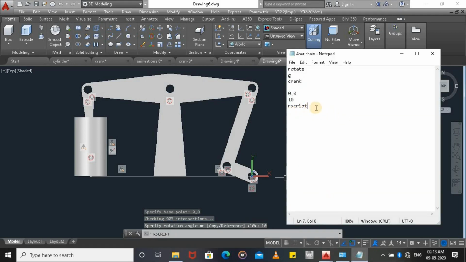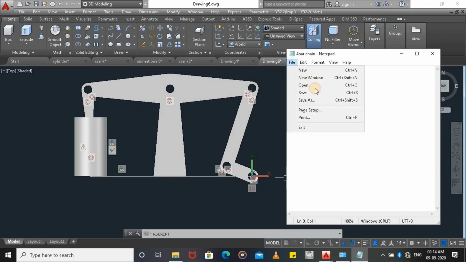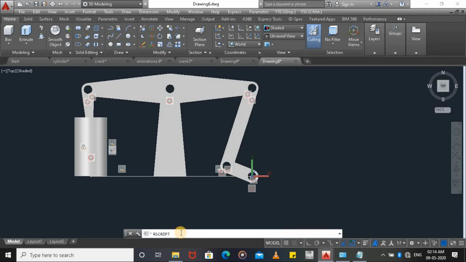Now in this R script we have not pressed any enter. Press enter. So from here we are pressing one enter and then saving this file by Ctrl S or by file and save. Now going to our AutoCAD file and then pressing enter.